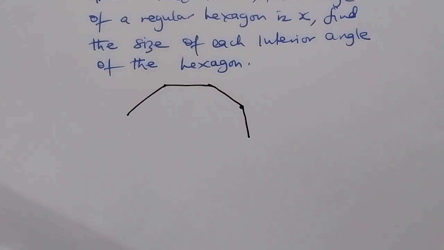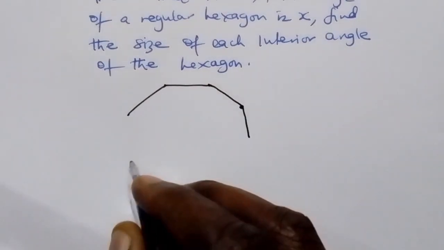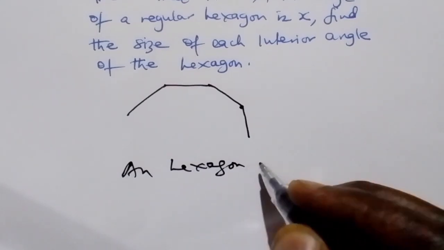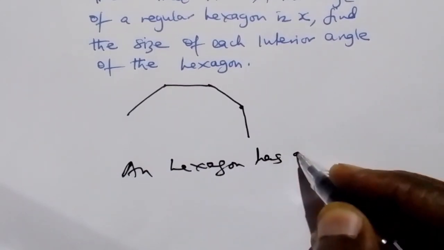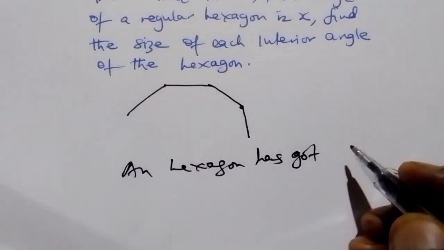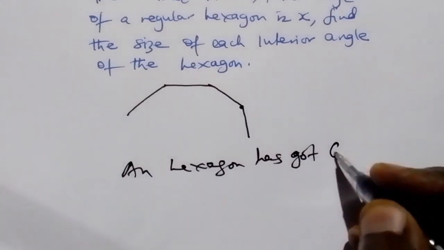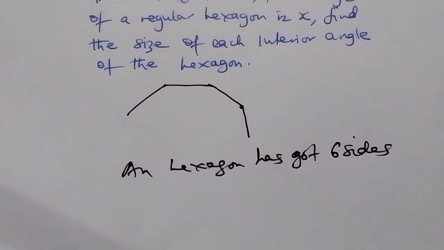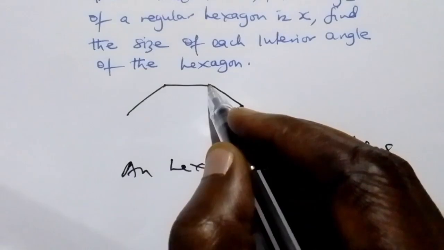A hexagon has got 6 sides. Given that the exterior angle of a regular hexagon is x, it means that the exterior angle here is x,